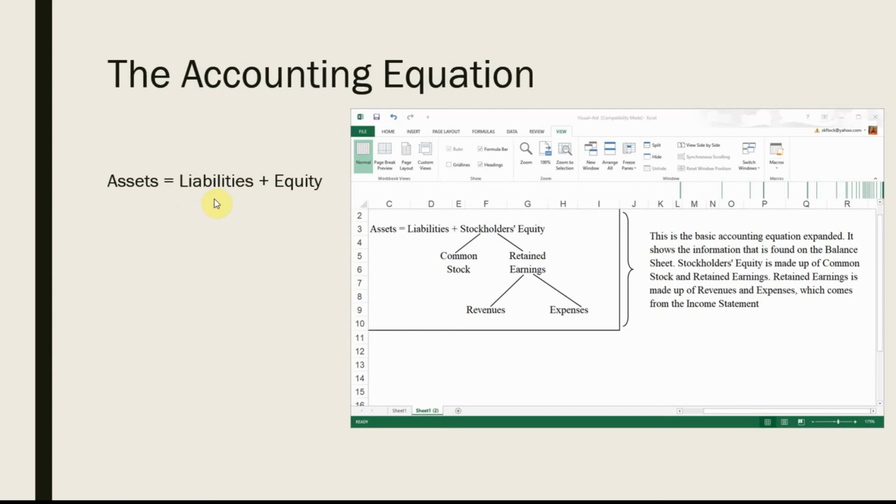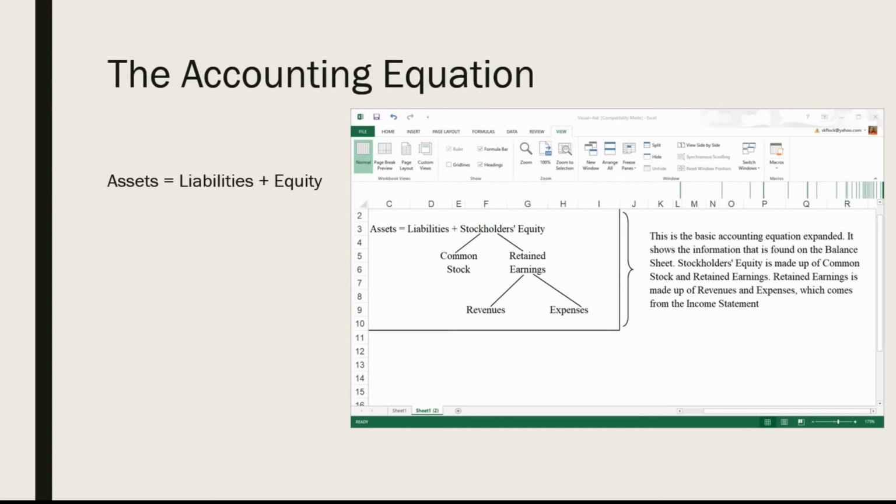If you owe money to a lender or a creditor, or if you owe something to a customer, that's a liability. Then whatever's left over after all of your liabilities are satisfied is the equity that the owners can claim against the assets of the company. You must always satisfy the liabilities before owners can take any of the assets out of the company. That does not mean if you're an owner that you can't withdraw money from the company. It just means that if the company liquidates, before owners can claim any of the value of what's left in that company, all of those debts, those liabilities, must be satisfied first.